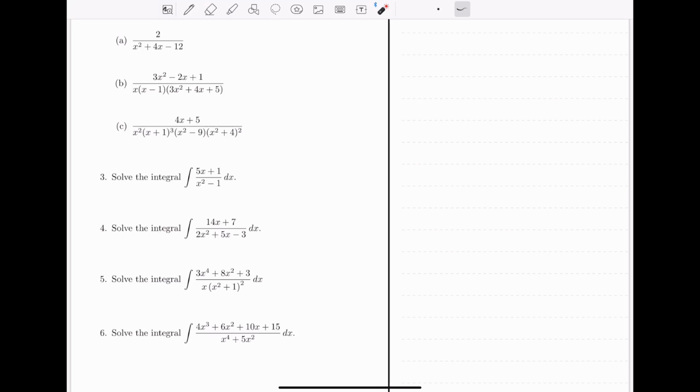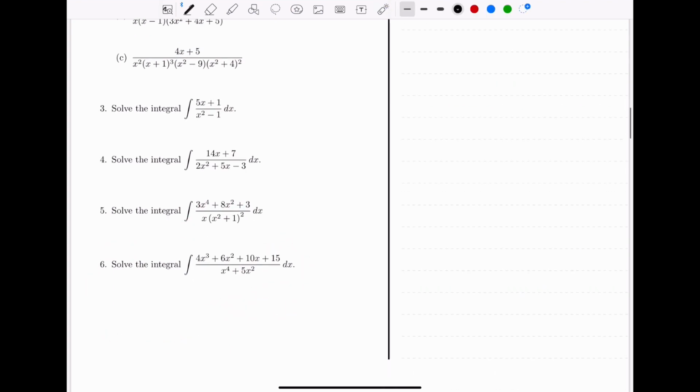Let's work through two more examples of partial fraction decomposition. Take a look at example 5. We have the integral of 3x to the fourth plus 8x squared plus 3 divided by x times x squared